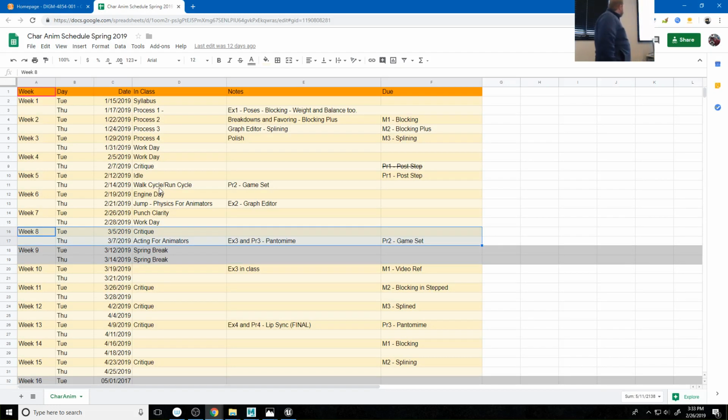You'll notice today is the 26th, which means we have just a little over 2 weeks to get this done. It currently says that we're looking at the punch today, but we're not. We're going to look at the run, just because I'm shifting some stuff around. Next class period, we'll probably look at the punch and the jump animations, because those aren't nearly as long to look at. And then Tuesday of next week, a week from today,